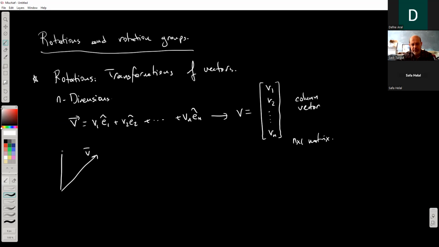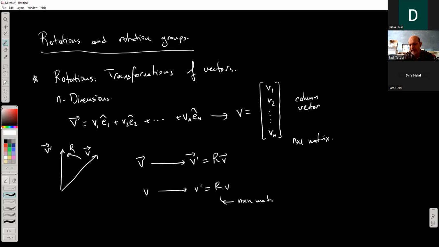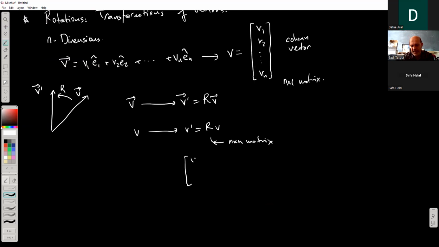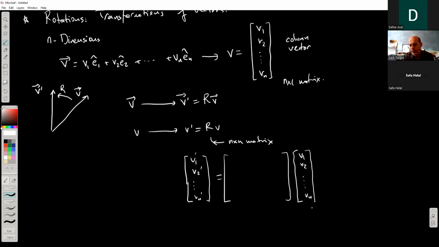Okay. A rotation is therefore a transformation of this vector to another vector. So a rotation basically maps a vector to another vector, and we express this relationship by a functional relationship. This is essentially a linear transformation, and I would like to express this as a matrix transformation. Essentially, this is going to be an n by n matrix. Meaning that I would express the components of this rotated vector, v1 prime through vn prime, as a square matrix multiplied with